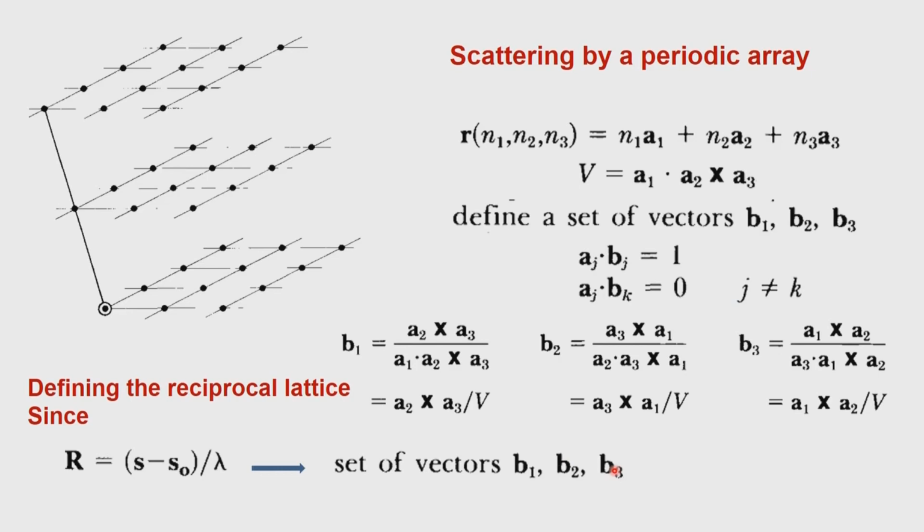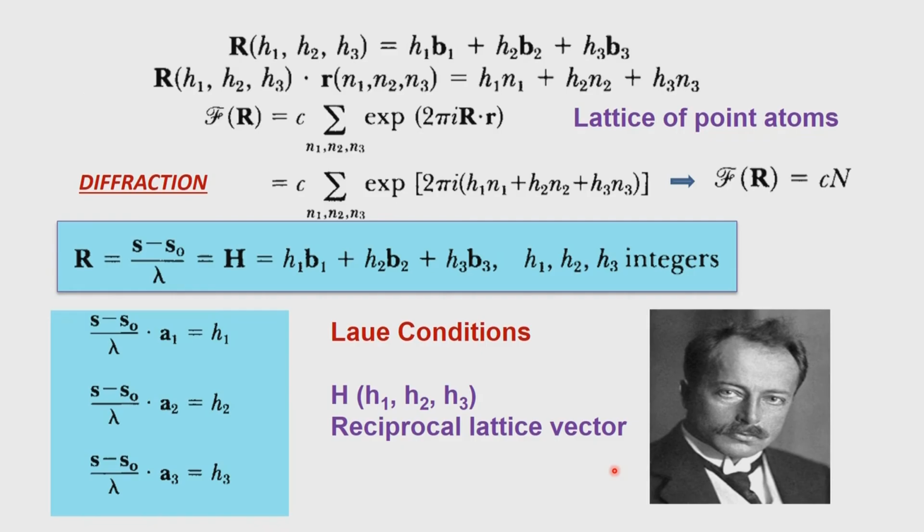This will allow us to describe the little r which is in direct space and the capital R which is in the reciprocal space. So, little r and capital R have dimensions of reciprocal length with respect to each other. Little r is the position vector in real space, capital R in principle is the position vector in the reciprocal space. So, if we have this knowledge, we will see what happens when we have a realistic crystal. Okay. Now, let us go further.